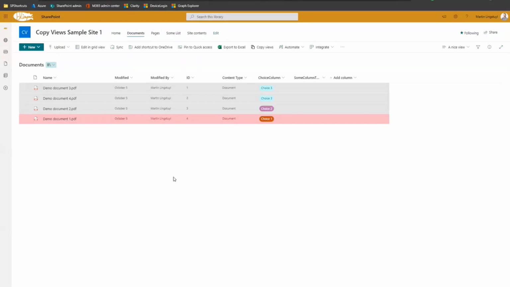This is my dev tenant, and I've got this sample site with a sample document library, and this document library has got a very nice view. I've even called it a nice view. It's got a choice column and it's got some view formatting. And I have this copy views button right in the command bar. This is the list view extension sample. So if I click it,